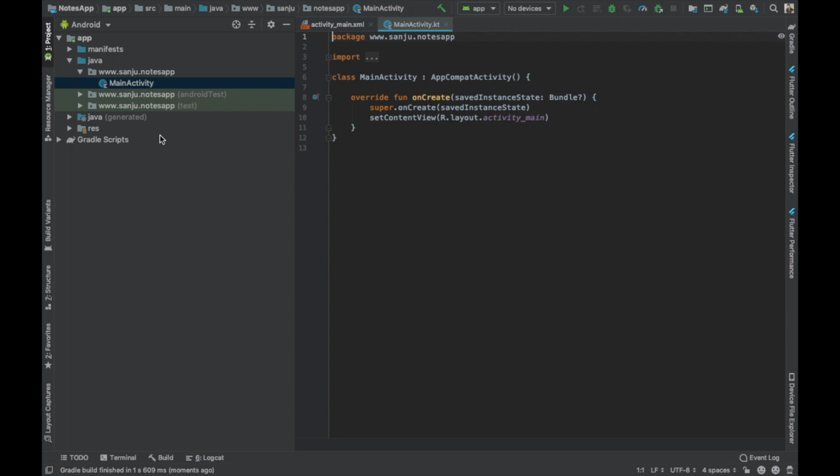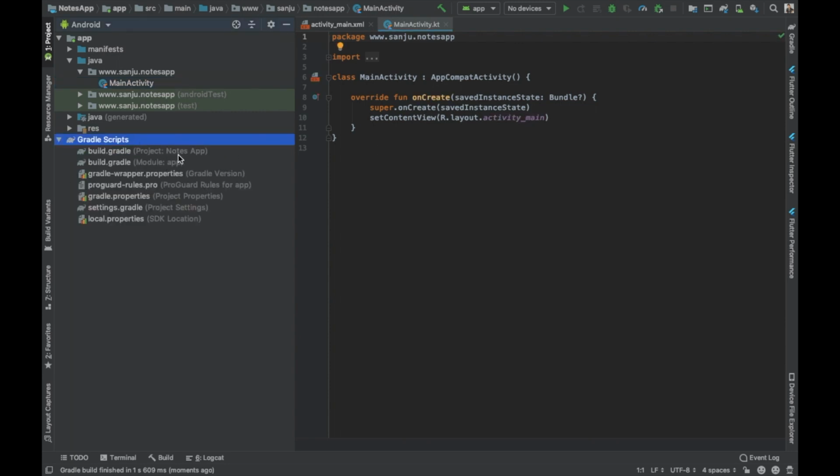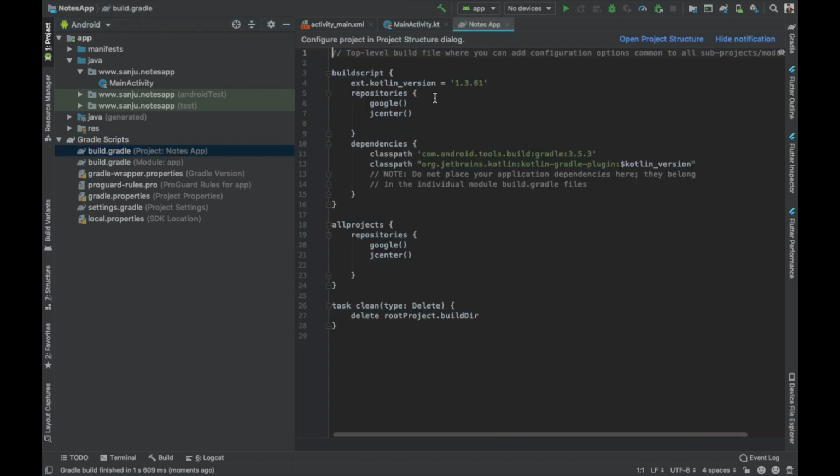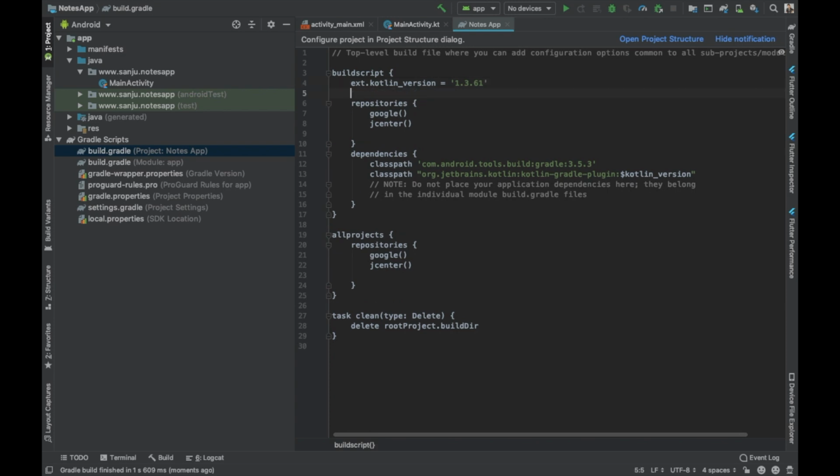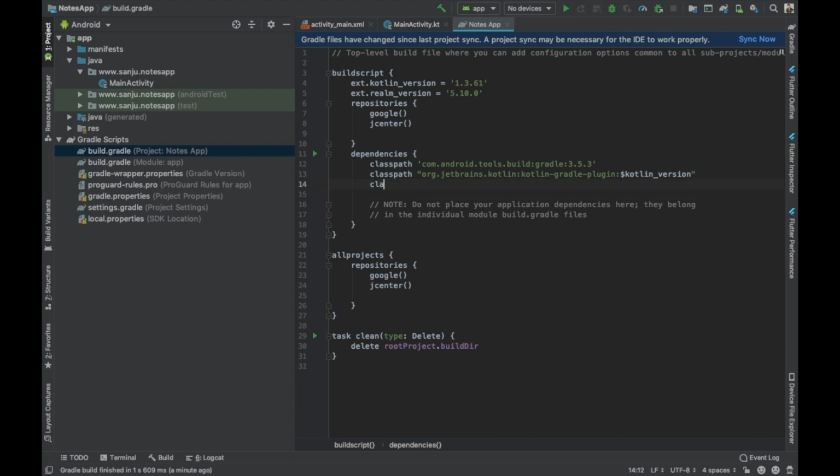Now open build.gradle. So it's a project level file, and I'm gonna add Realm version 5.1.0 and 10.0. Now here we're gonna add class path for realmdb